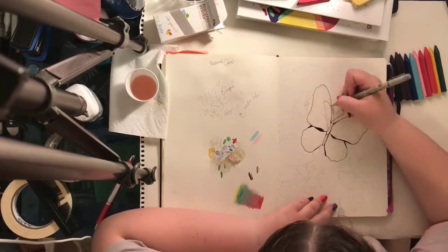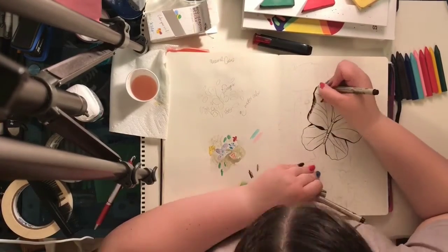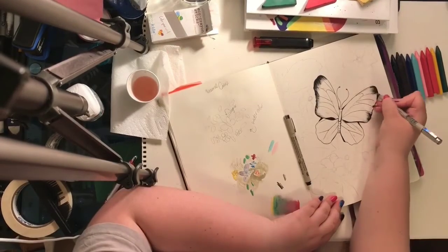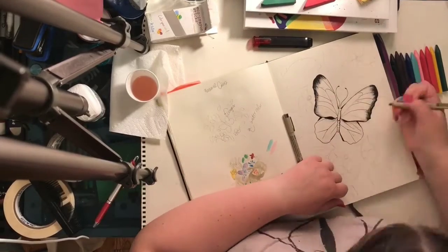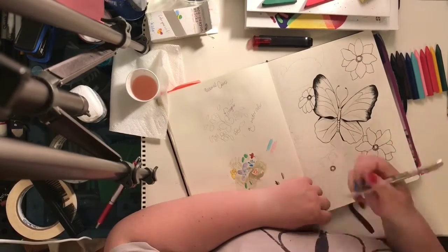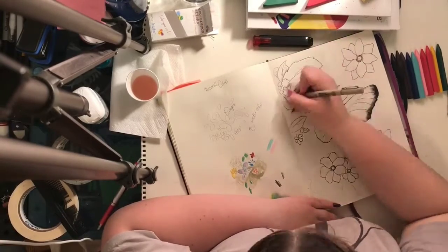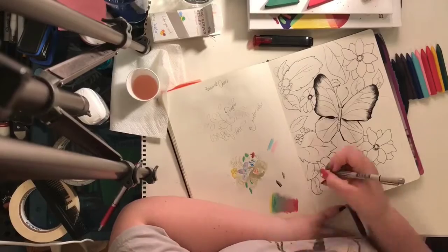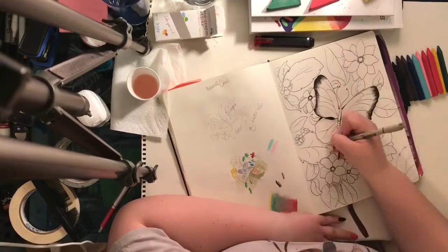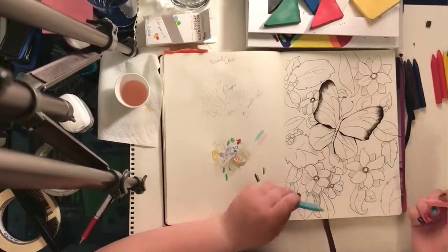Right now I'm using an 08 micron, and then when I begin to shade near what I'm doing now, I'm using an 05 micron. The rest of the piece I outline in an 08 micron. I just now realized that I forgot to take a picture of the finished line work to put on my website,